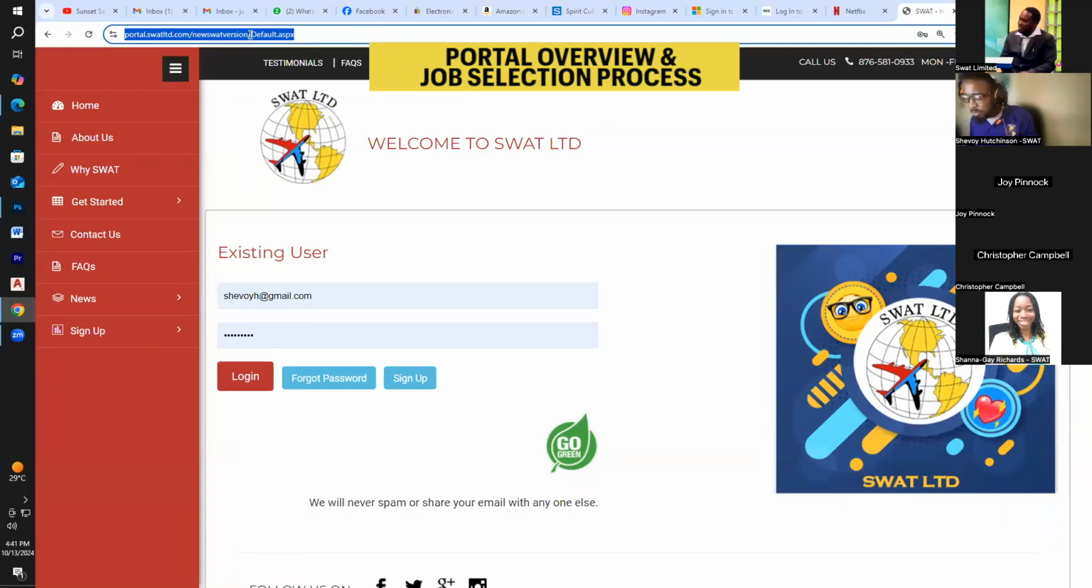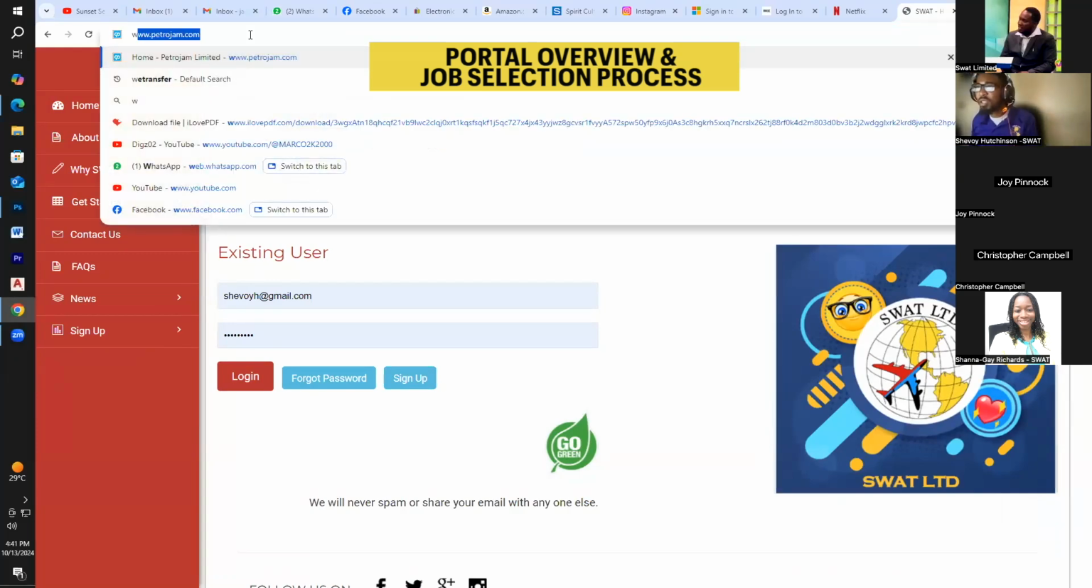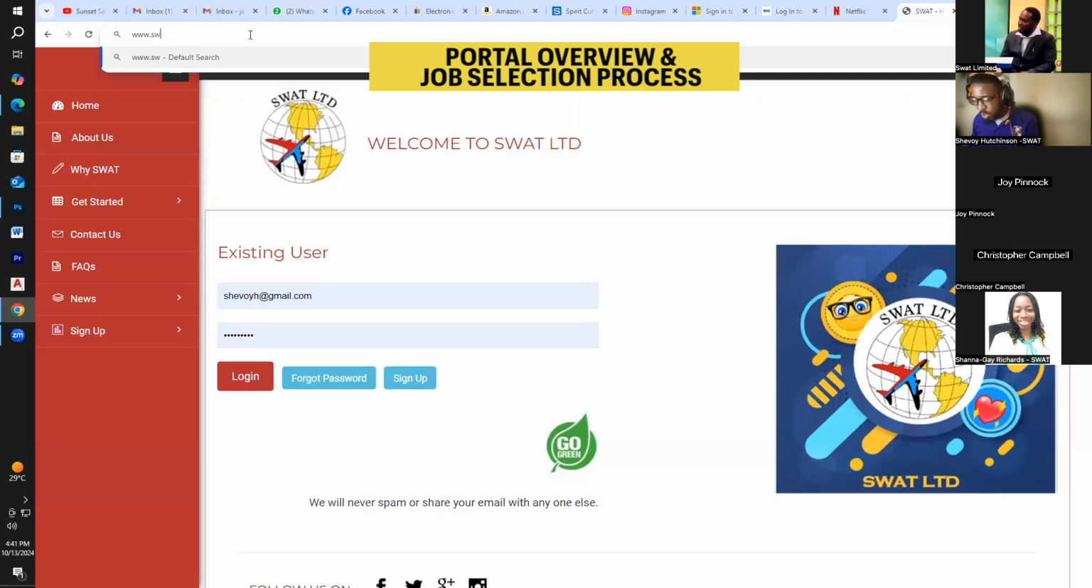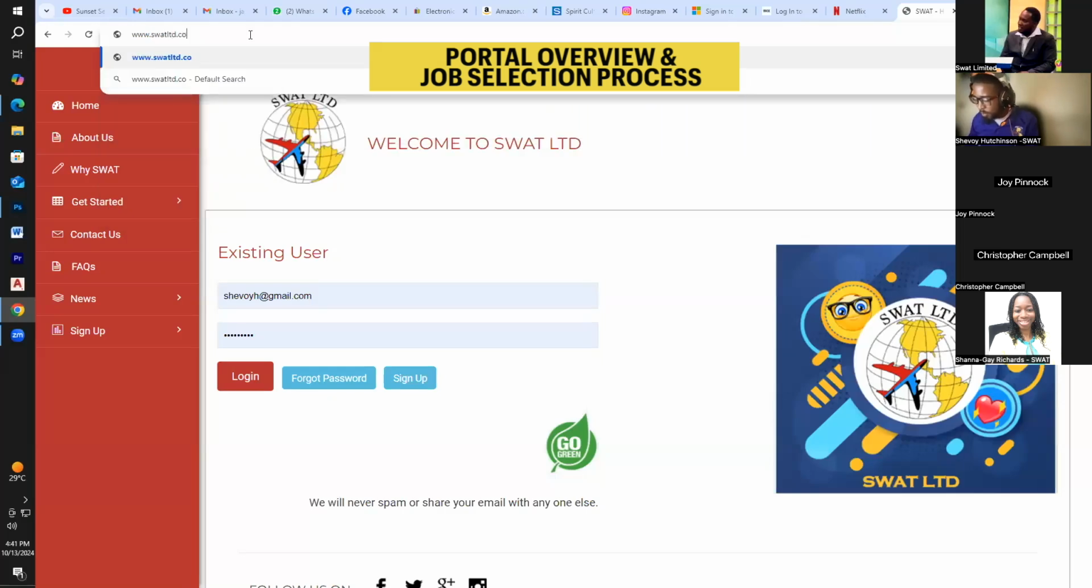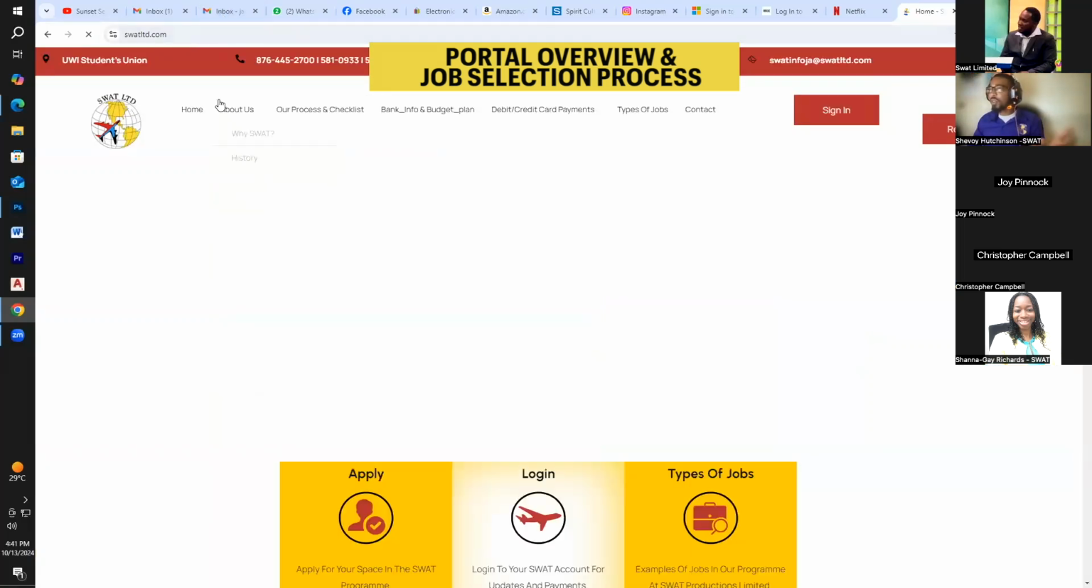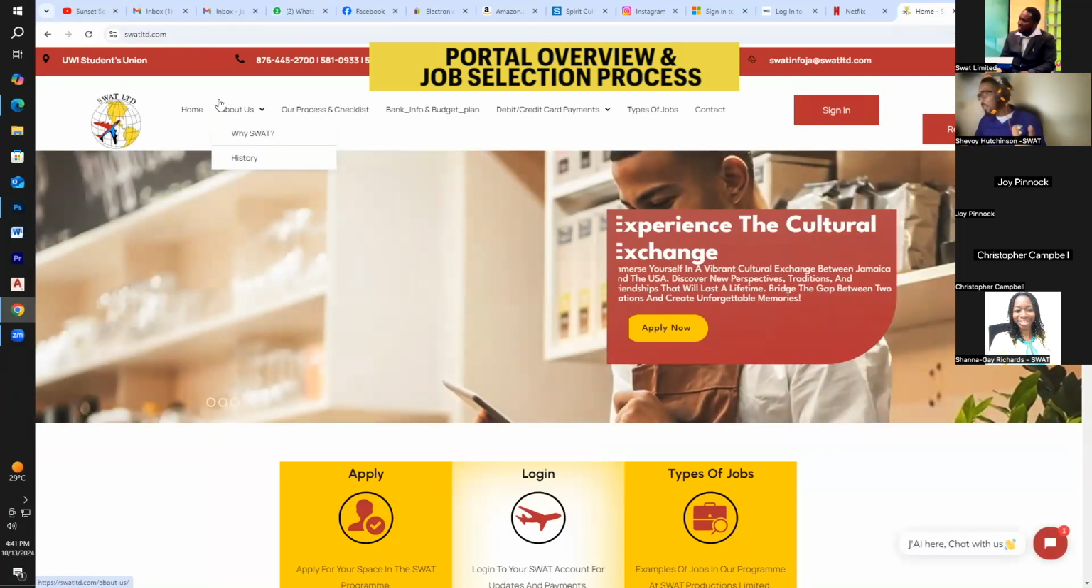To get to the portal page, you go to our website, which is swatltd.com. So this brings you to the website. This is what the website looks like. And before I continue,